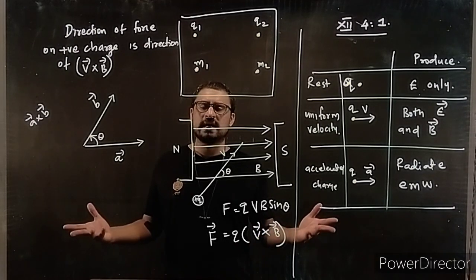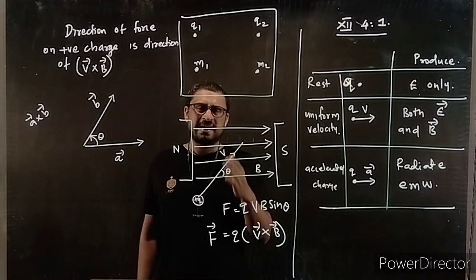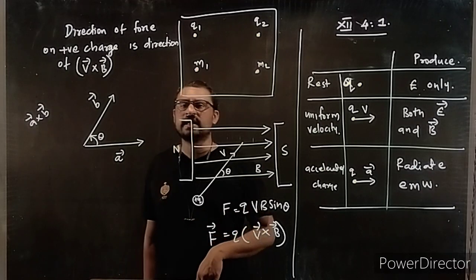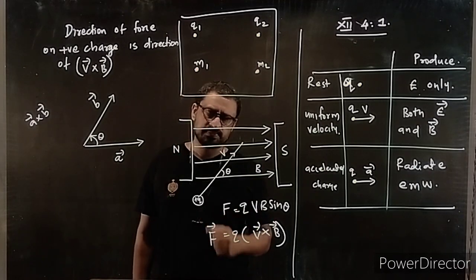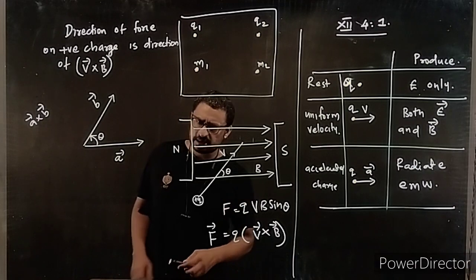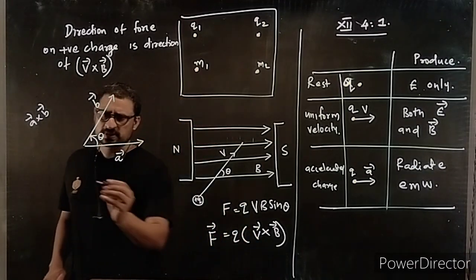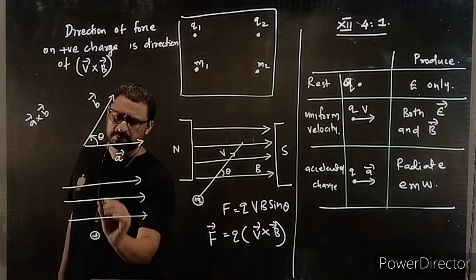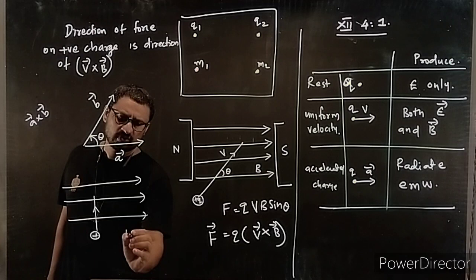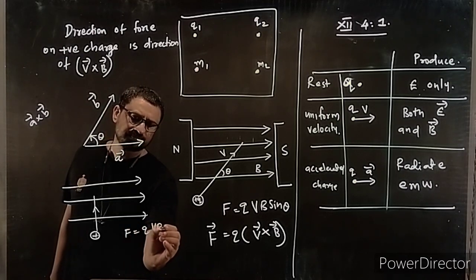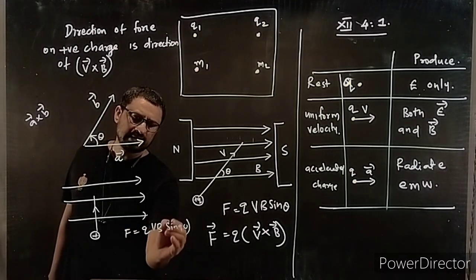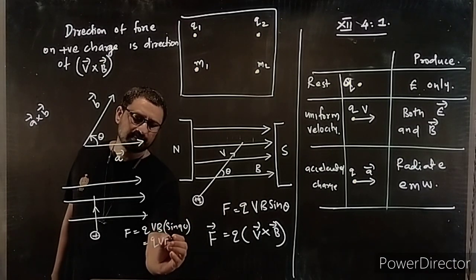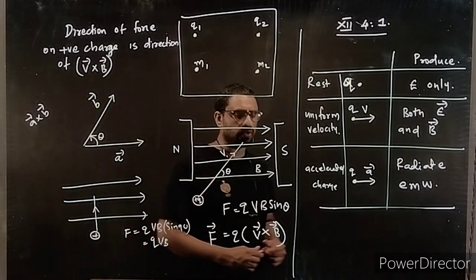Thank you. This is about the direction of force, and we call it as magnetic Lorentz force. The force that a charged particle will be experiencing when it is moving in a magnetic field. Now, if that charged particle is entering perpendicular to the direction of the field, the force will be QVB sine 90. So sine 90 is equal to what? Sorry, sine 90 is equal to 1, so F is equal to QVB only.